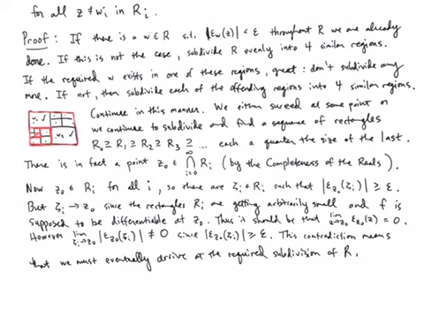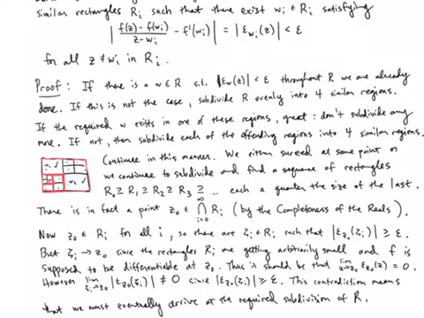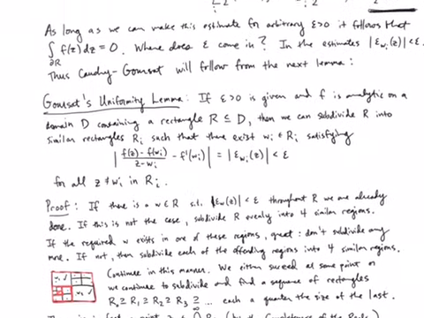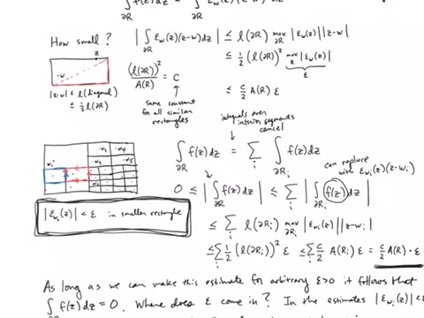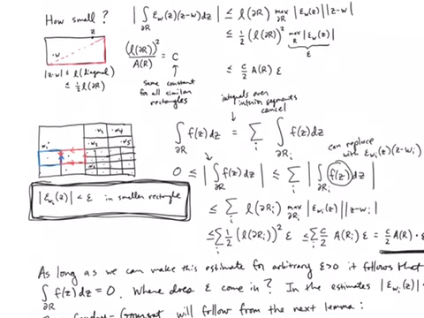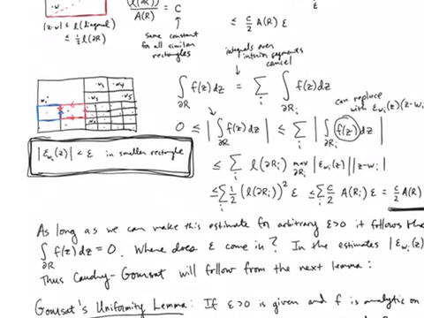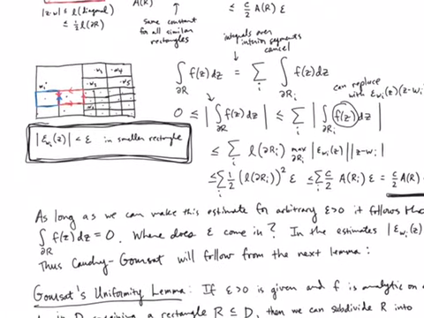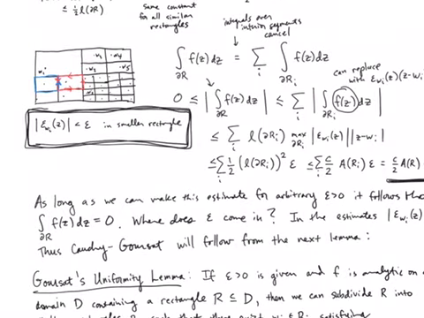Okay. All right. So that completes the proof of Cauchy-Goursat. So that was the lemma that we needed. So just as a sort of recap of the argument. So basically, Goursat says, take your rectangle. You're integrating f around the boundary of this rectangle. Take that rectangle and break it up into a bunch of smaller, similar rectangles. And your integral over the big rectangle is going to be the sum of the integral over those smaller